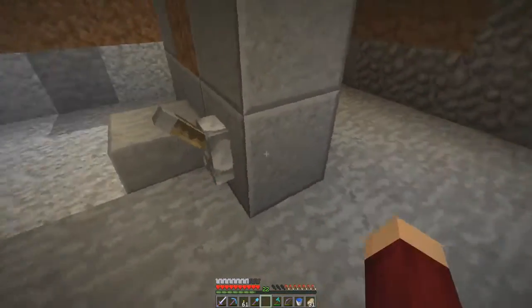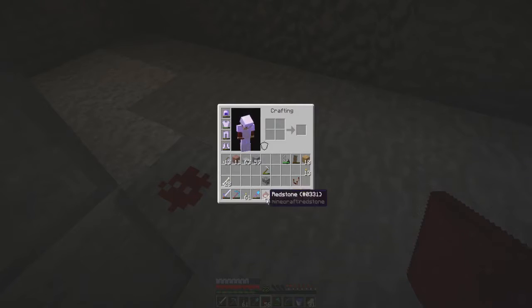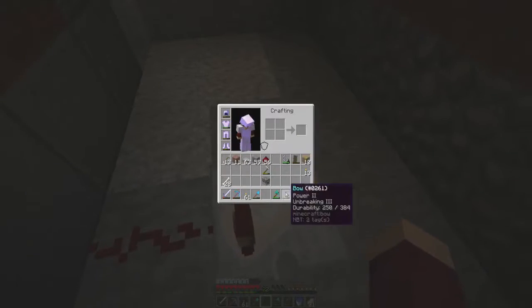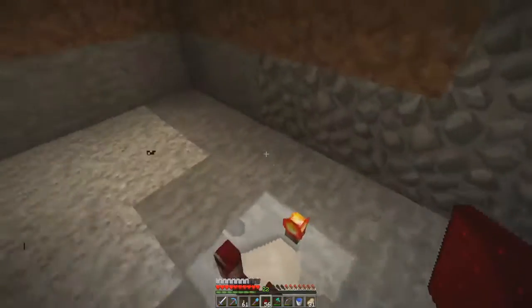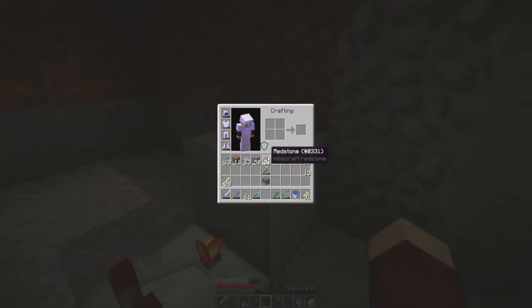I don't know if there's actually a difference, but okay, so now you're going to want to put your redstone here, and then you're going to put a comparator facing that way in subtract mode, and then you're going to want to place redstone, and then you're going to actually, hold on, take this up. You're going to want to take a block, and then I think,